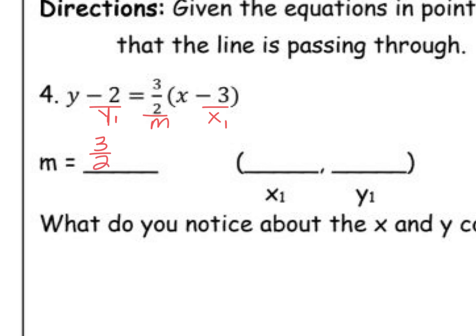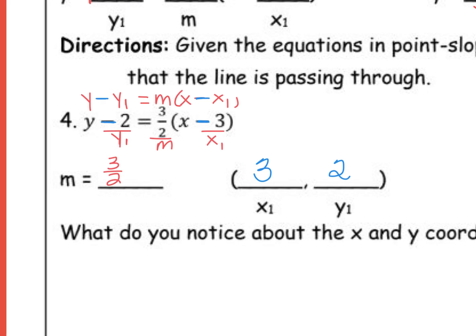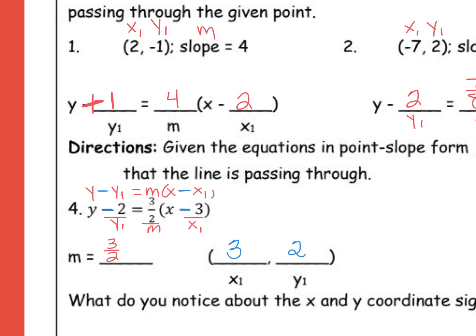Now this is where I want you to be a little bit careful, because our formula is y minus y1, x minus x1. So notice that these minuses, this minus and this minus, are from our formula. So my x1 isn't actually minus 3. It is just 3. My y1 isn't minus 2. It is just 2. So I want you to notice even up here on number 1, when we plugged those numbers in, it was a minus 1 was my y